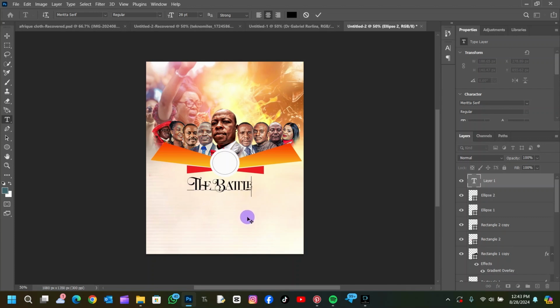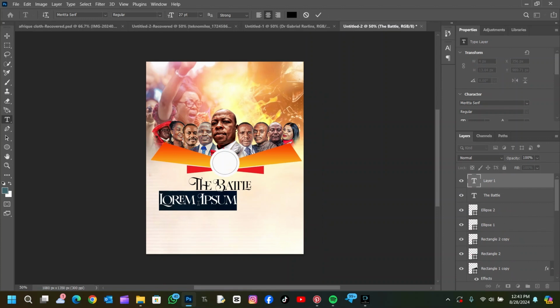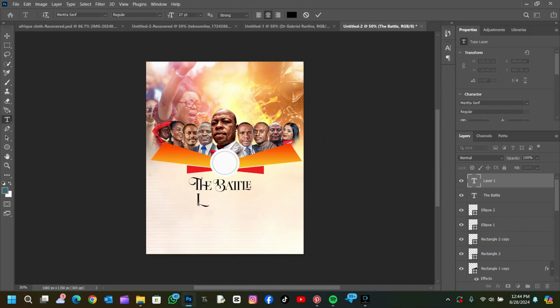Anyways, you can use any topic or any theme you would like for your church or for anybody you would like to design for, but this is just a sample of how the design is. So, the battle of light. We are going to replace our eye with a Thunderbolt's PNG picture. So we're going to just give some space, maybe 4 or 5 spaces, then you complete your sentence